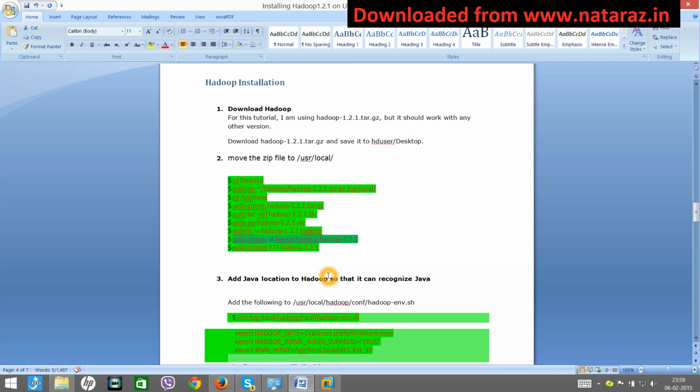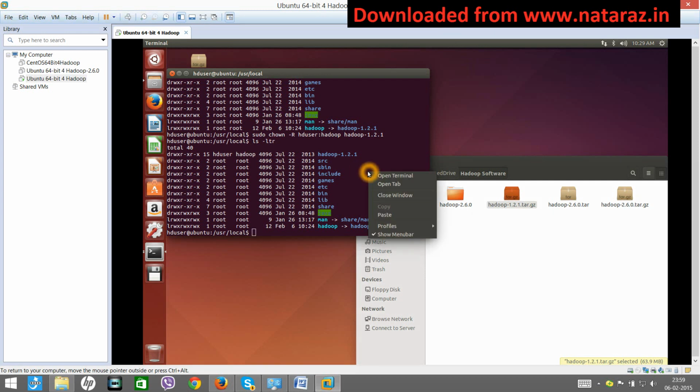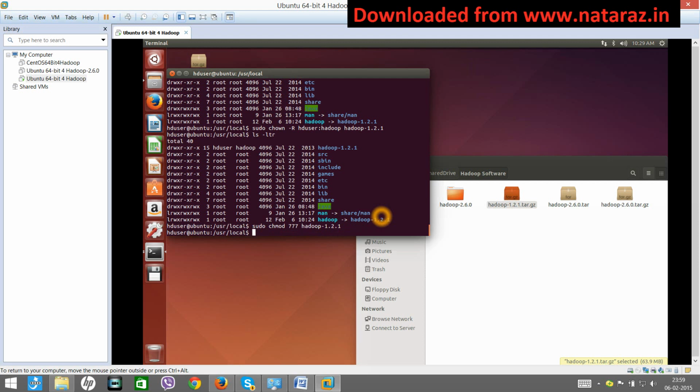Okay, now the next step is you give all permission to this Hadoop folder, so that everybody can access it at least. So what we did is we had downloaded Hadoop, we moved it to /usr/local, we untarred it.